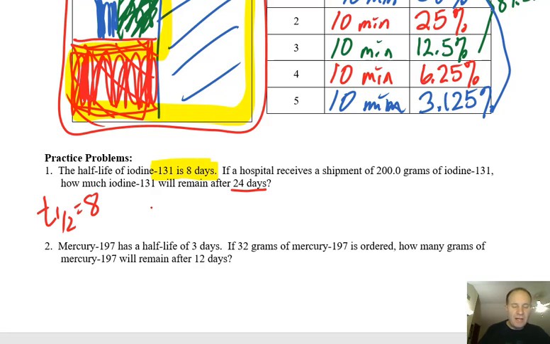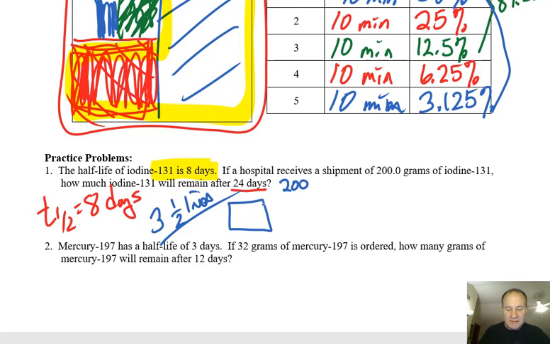I would ask how many cycles we go through. If T1/2 is 8 days, then I'm going to have 3 half-lives. I'm sorry, my handwriting's not so good this morning. I started with 200 grams, and as I cut this in half,